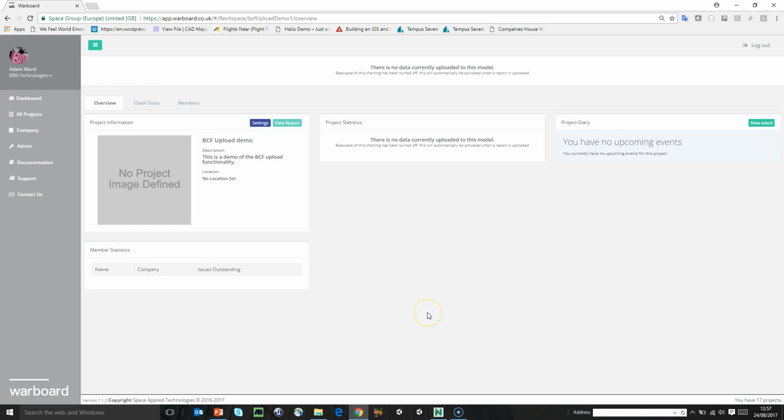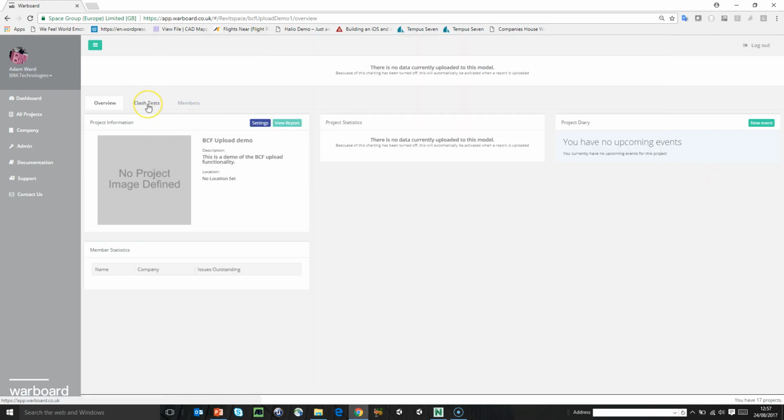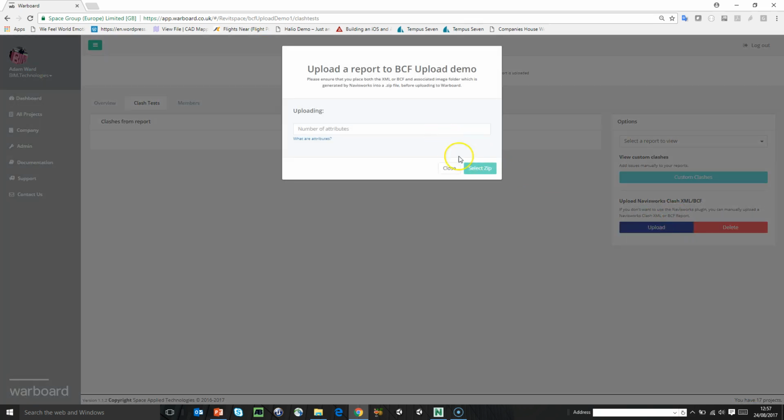So in your software, you export a BCF with all your issues in. Again, I don't cover that in this webcast because every bit of software is different. But you export some files. So these are the ones I've created in Solibri. So what I'm going to do is upload these to Warboard. I'm going to go to the project, click on clash tests, click on upload, and I'm going to click